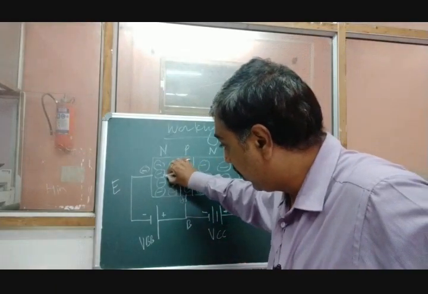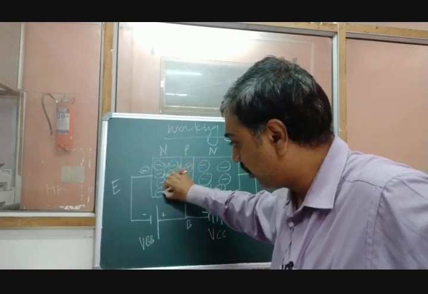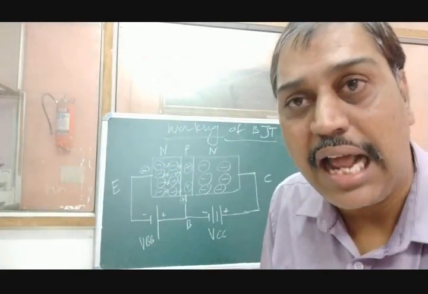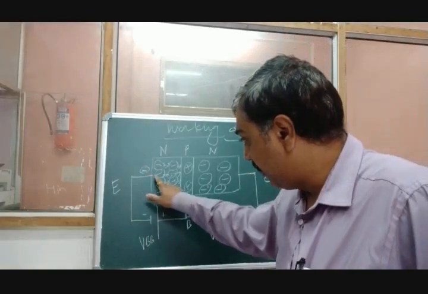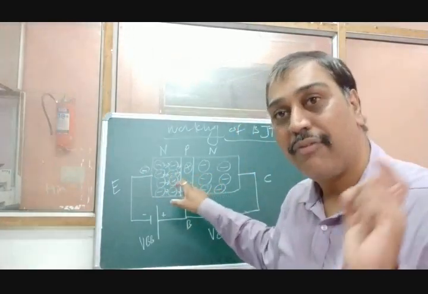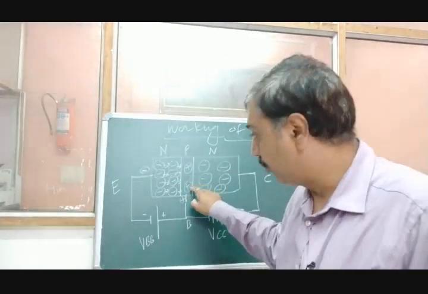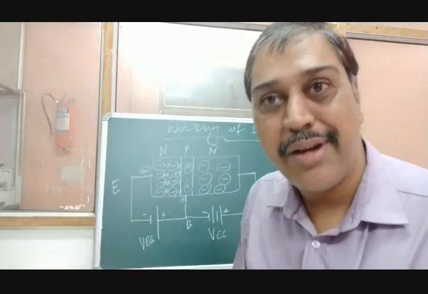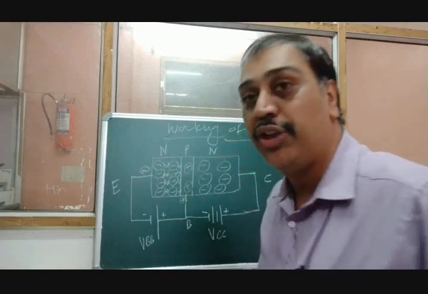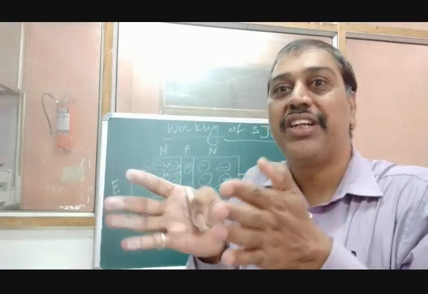They get repelled toward this junction. All these electrons move toward the junction because of repulsion. At the same time, there is attraction. Attraction of what? This negative repels, and this negative and this positive attract the electron. Similarly, positive repels, and at the same time these holes are attracted toward this negative terminal. That's why all the charges come toward this input junction, or emitter-base junction, and as they move toward the junction, the depletion region decreases.